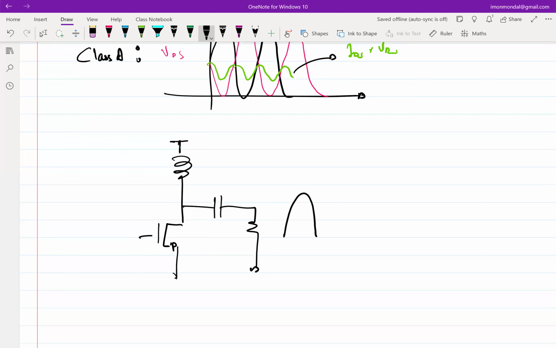But at the negative half cycle, when I am taking current out from RL, that current should not go into the MOSFET. Okay. So a trivial way to say the same thing is that I will not even have that half cycle. Right? So let's say your input is, this is input VGS. If I have the operation such that I have only one half cycle,